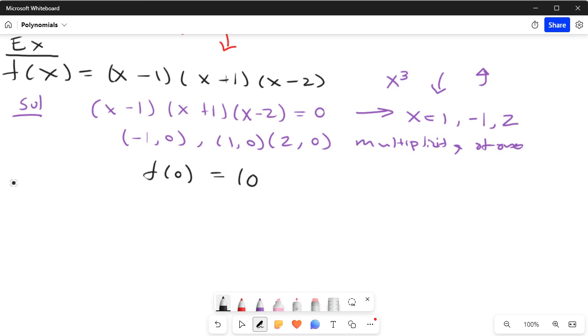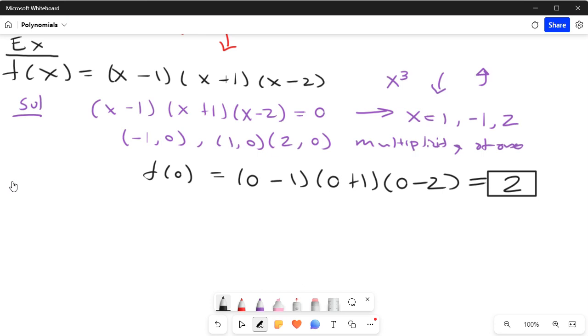f of 0 is 0 minus 1 times 0 plus 1 times 0 minus 2, which in this case would be positive 2. So we have that the graph of this passes through (0, 2), right? Okay, so here we can probably just make a rough sketch where we plot (0, 2), and we have to plot (1, 0),